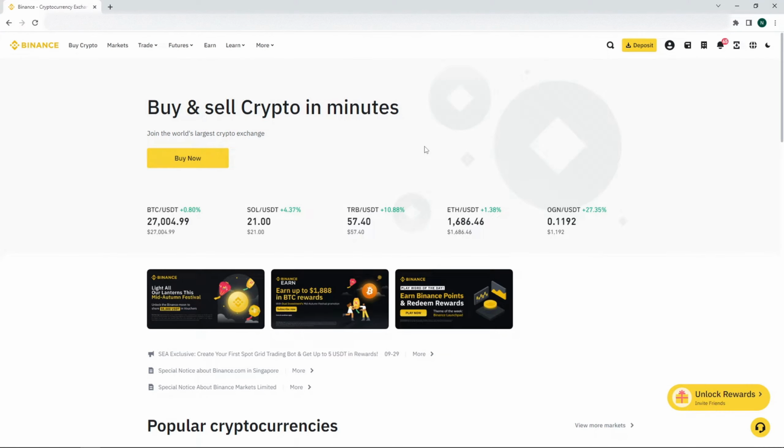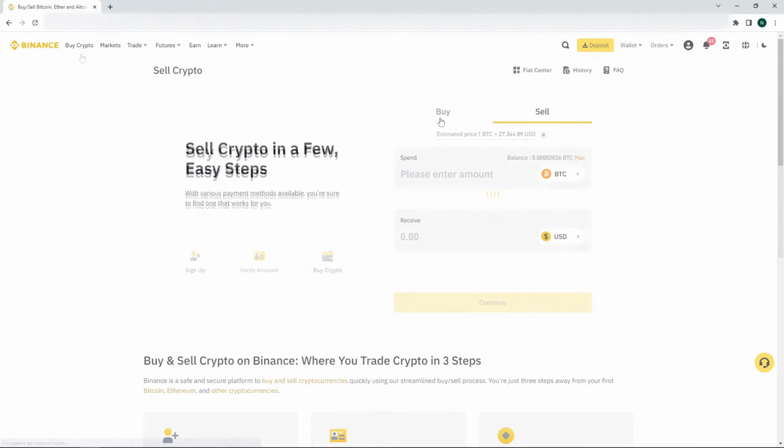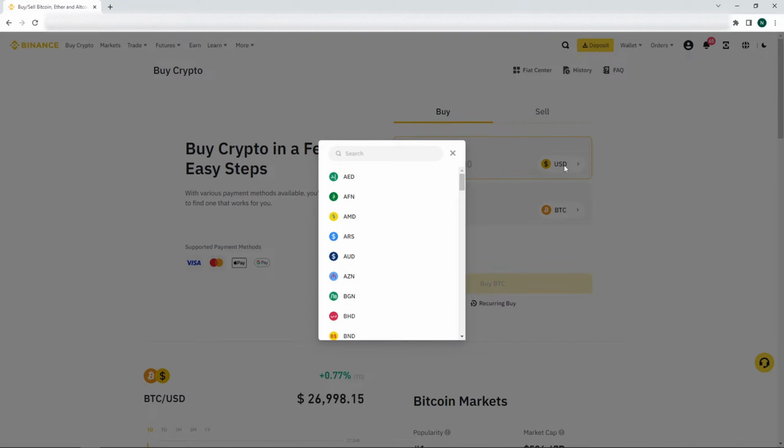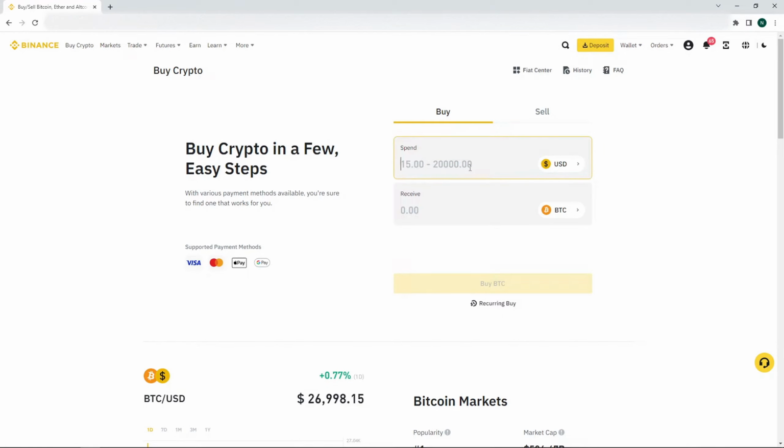The first method of replenishment is using a bank card or bank transfer. Click on the Binance home page. After that, select the Buy Crypto section. Select the Buy section, then select the replenishment currency. I recommend using your card's currency. If you have a dollar card, then select dollars. But if you have a different currency on your card, then select the currency of your card. If your currency is not listed, then select dollars and payment will be made based on the exchange rate conversion